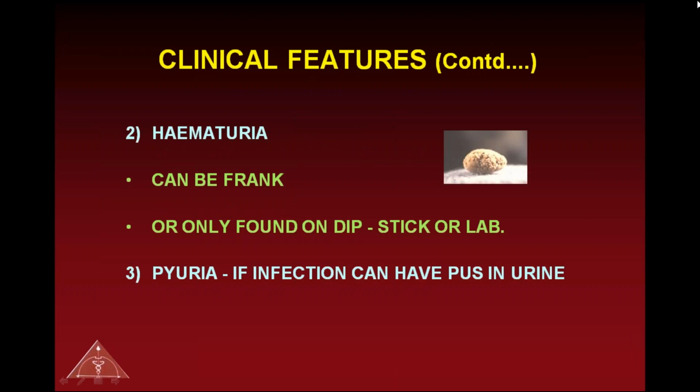And also hematuria, frank hematuria can be there, or only microscopic hematuria which can be picked up on a urinary dipstick or laboratory. And pyuria, pus cells can be there. So these are all the